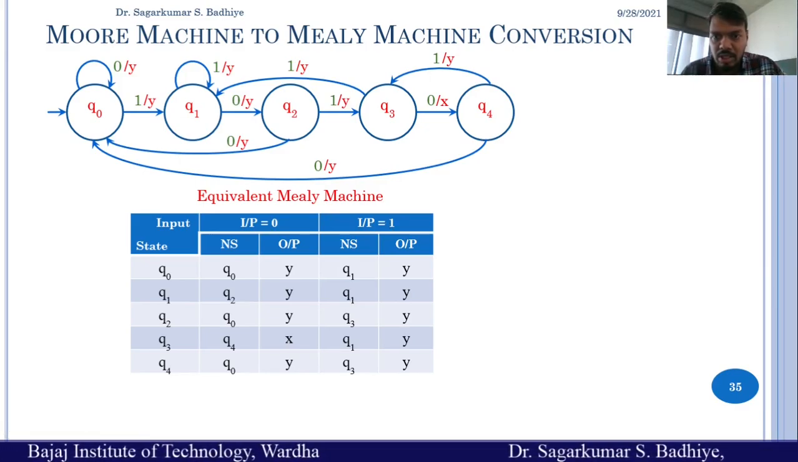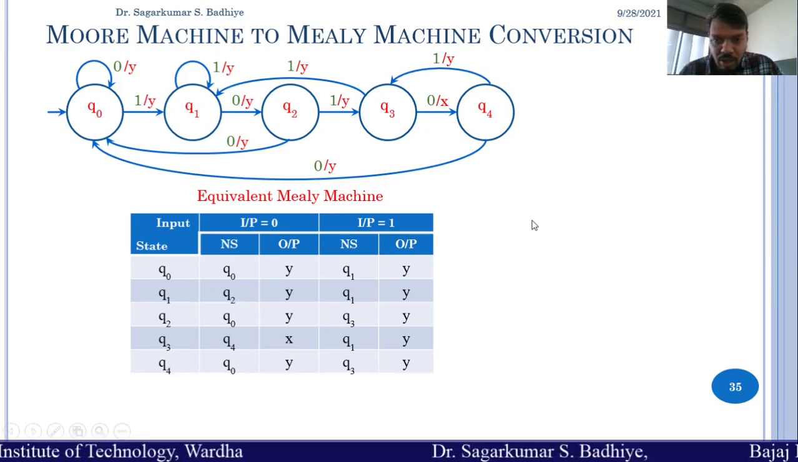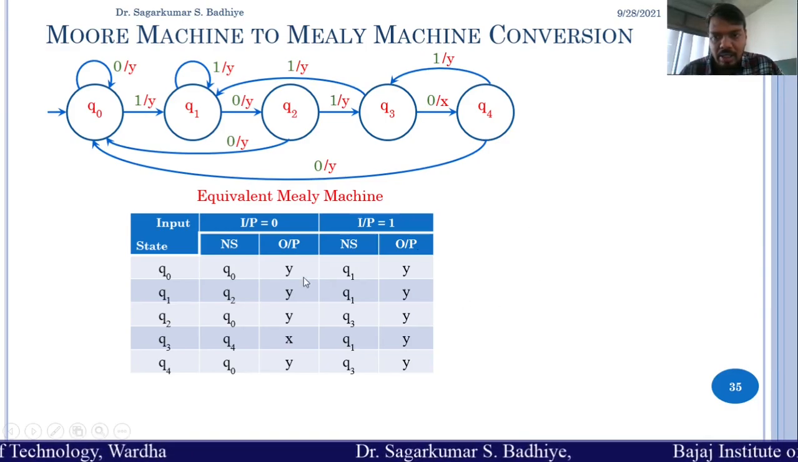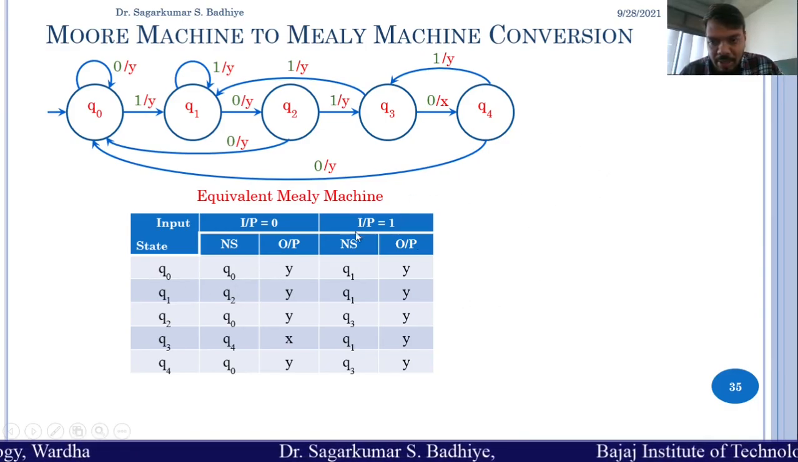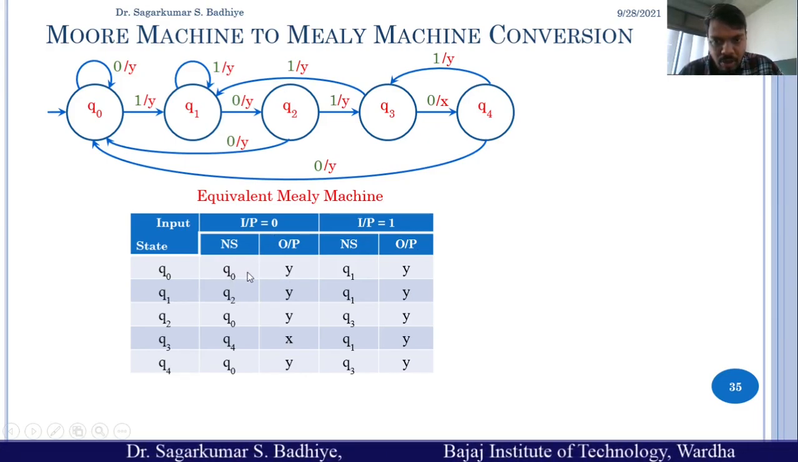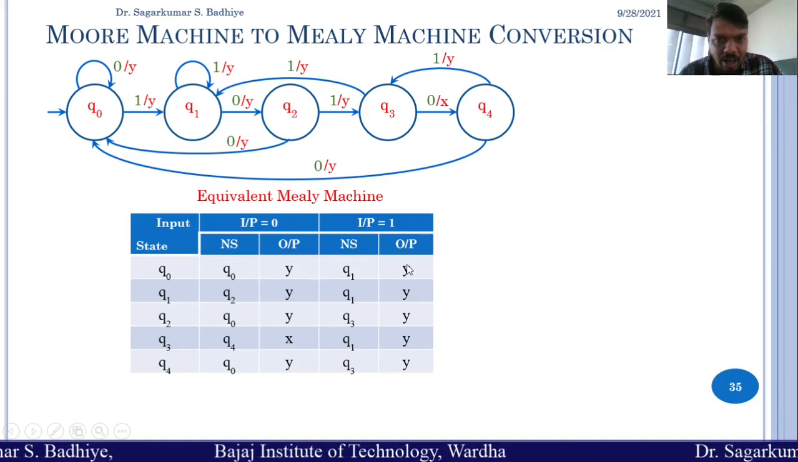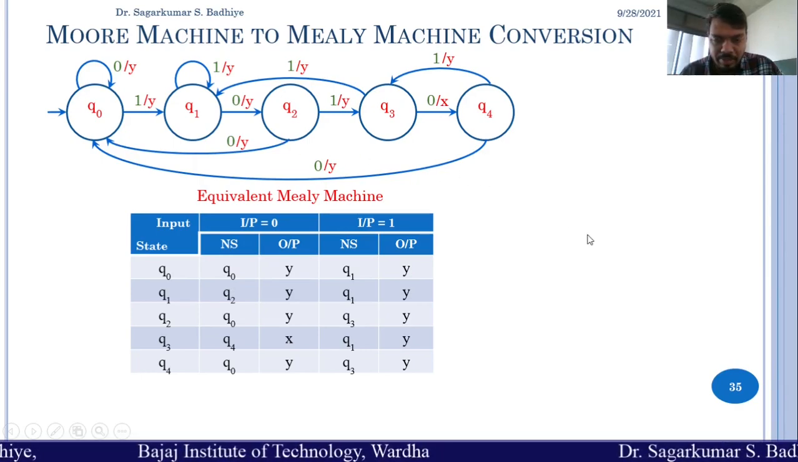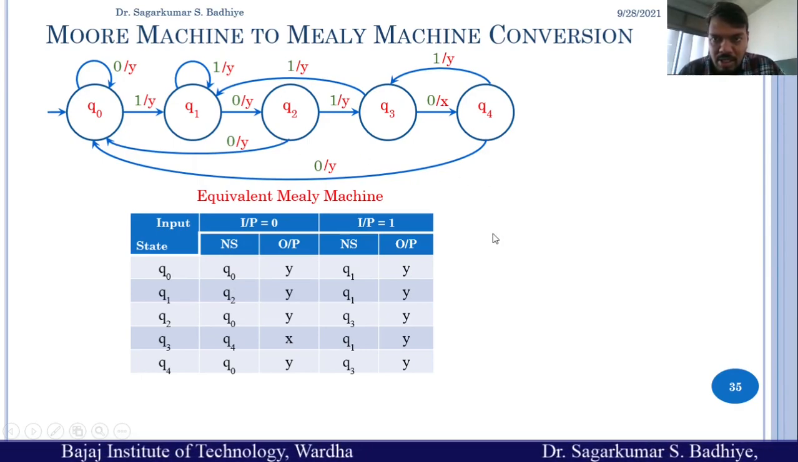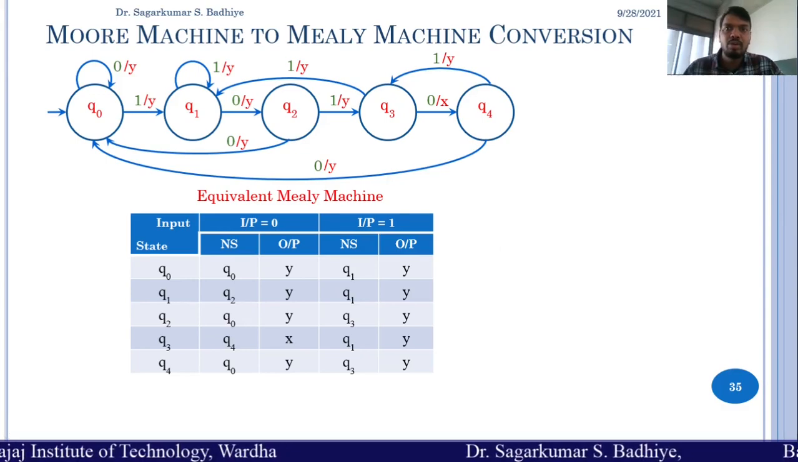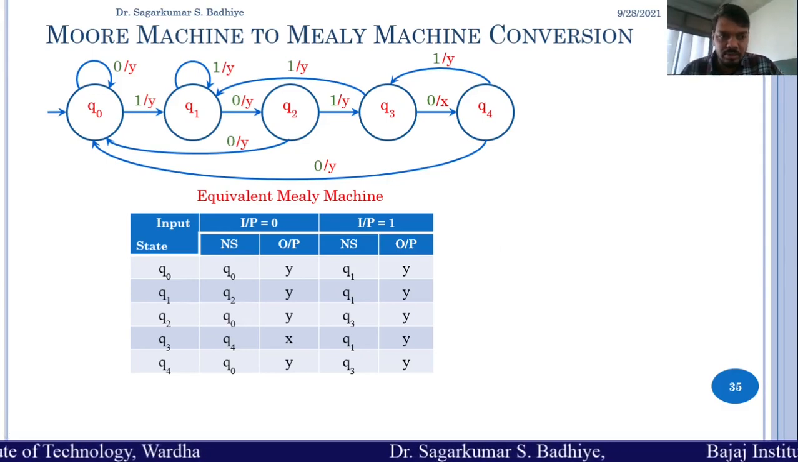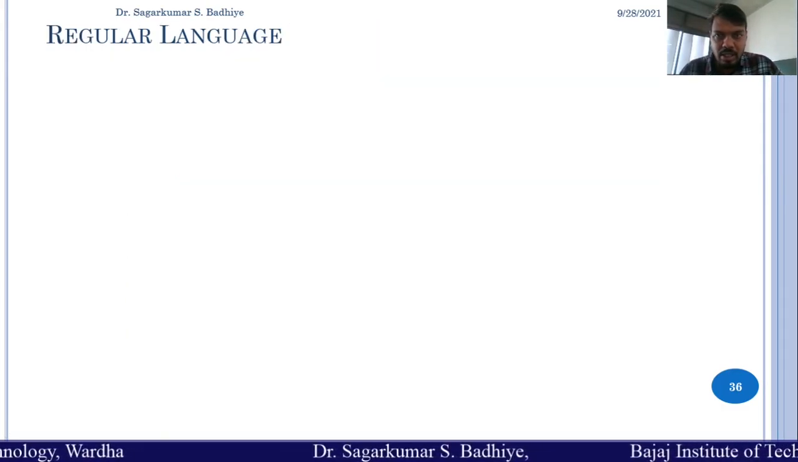So this is simple, you just need to look at the output of the states and then write it. Like if there is a table, you just look at the next state column for q0 and put the output over here. So wherever in the next state column there is q0, you write the output of the given state, right? So this is the simplest way of converting a Moore machine to Mealy machine. I hope it is clear, and